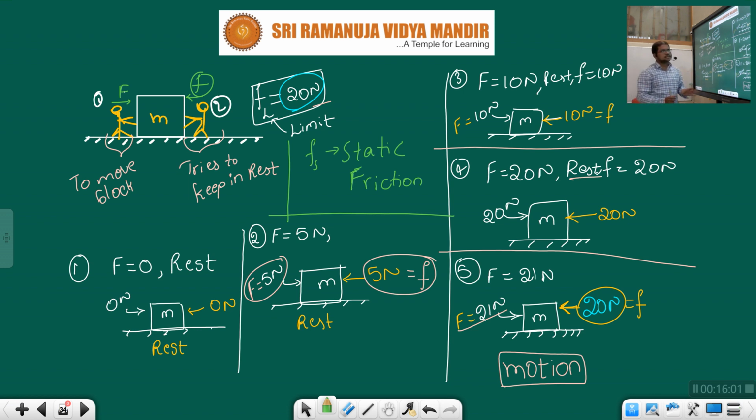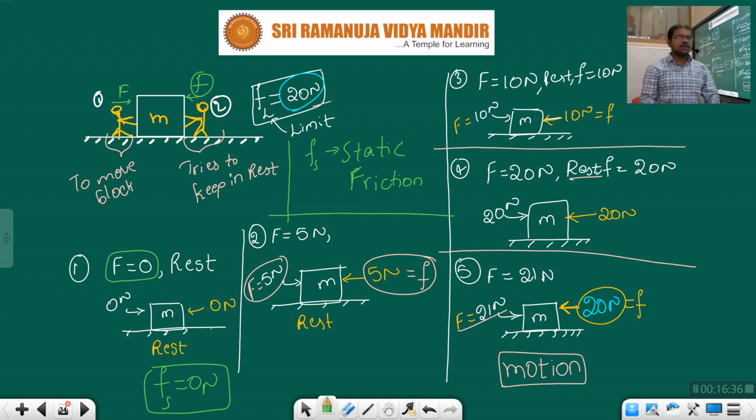So children, in this entire story, replace the character second person with static friction, and this is the nature of static friction. When you don't apply any force, static friction also won't apply any force. So no static friction here: static friction F equal to 0 newtons when the applied force is 0. Whenever the applied force is 0, static friction is also 0, which means when no force is acting on the body, there won't be any action of static friction, children.